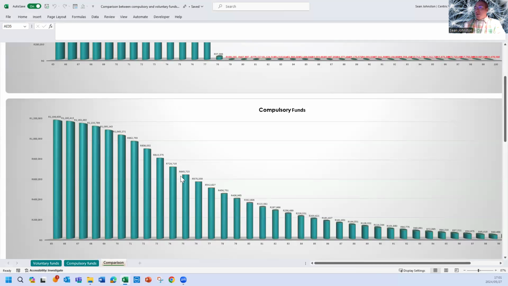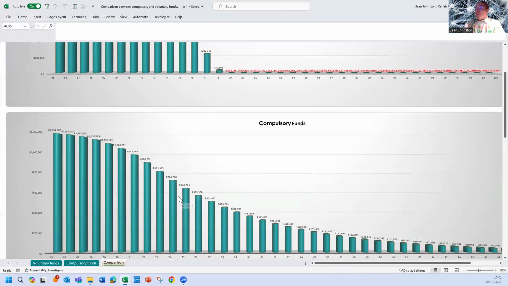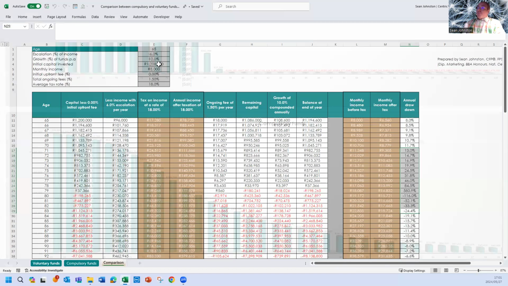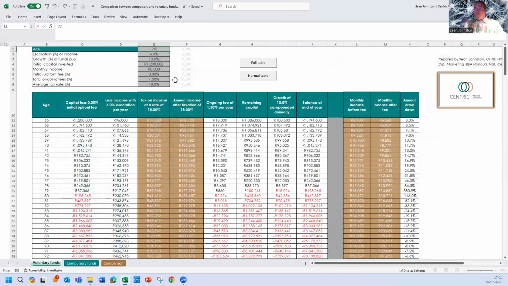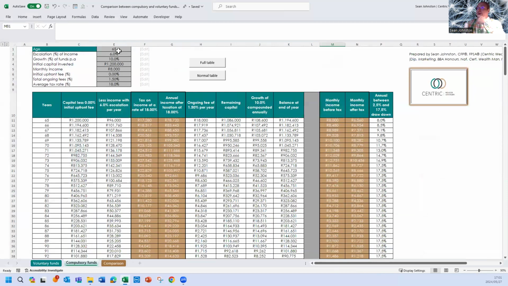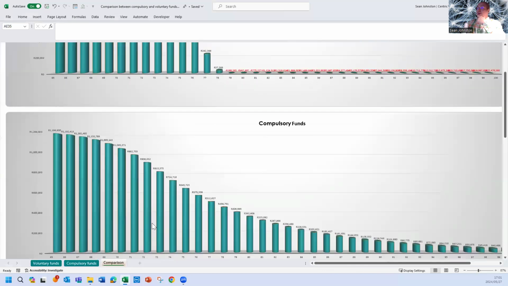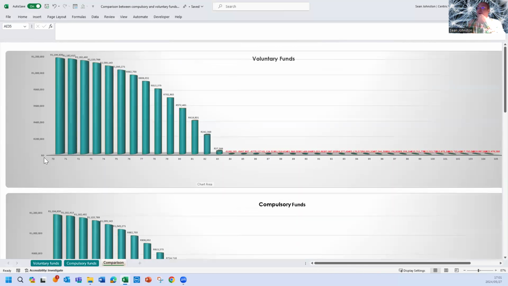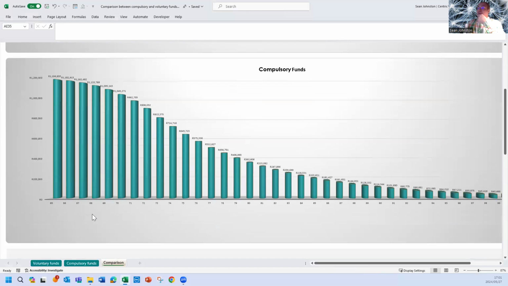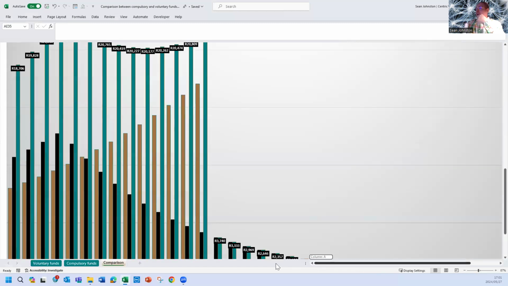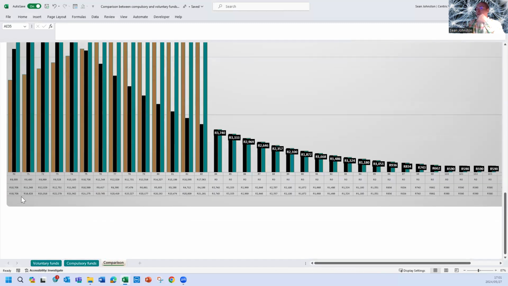And the only risk there is that what is the buying power of this money if inflation is 6% and it's reducing? So that's where one could potentially play around and say, well, why don't I make this 70 and we'll make this and see what happens. So now we're taking age 70, 65, and we can try and plot it onto a table here. And we can see from 70, 8,000 Rand has been generated.